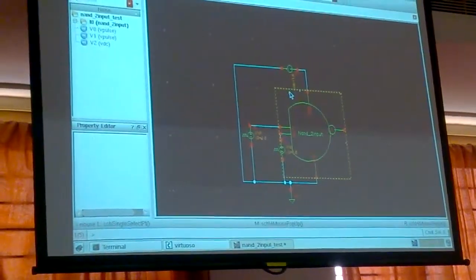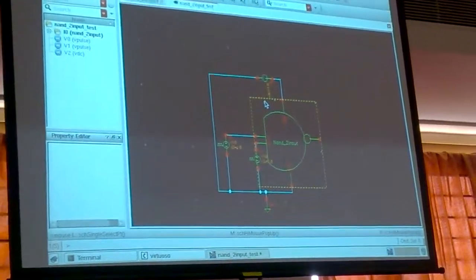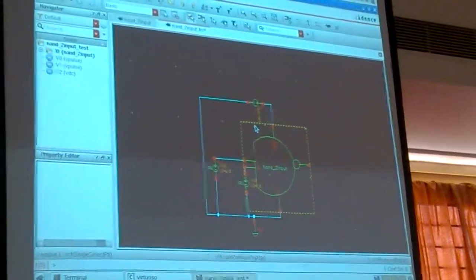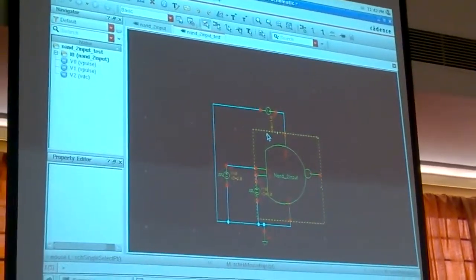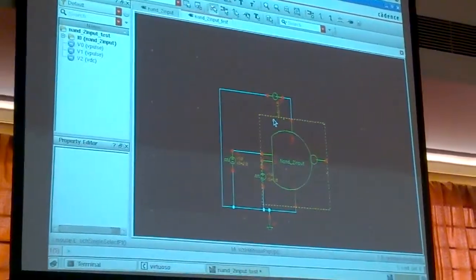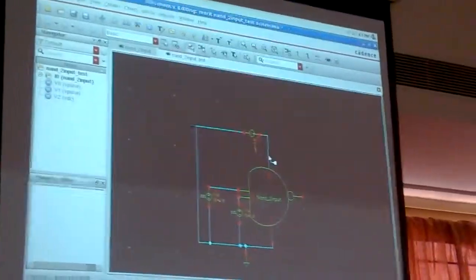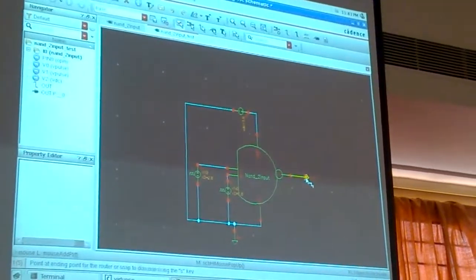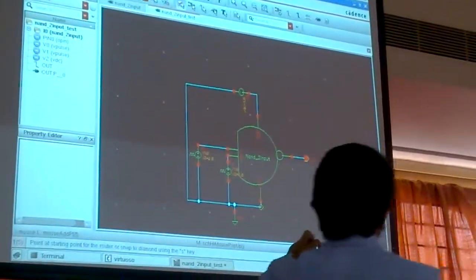So now we have given the inputs, but at the output side it is left unconnected. In order to simulate the design, we need to select the output wire and also the input wire. But here we are not having the output wire. So we are creating an additional pin, that is the output. Give any name, height, connect the output to that pin. This we are doing just to check the output at this particular terminal.